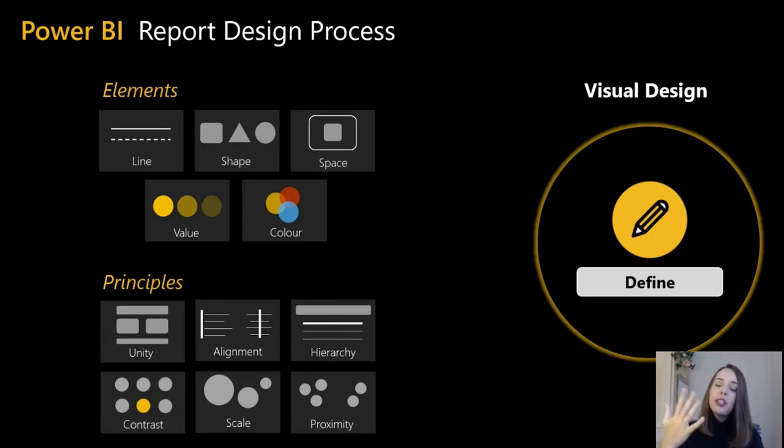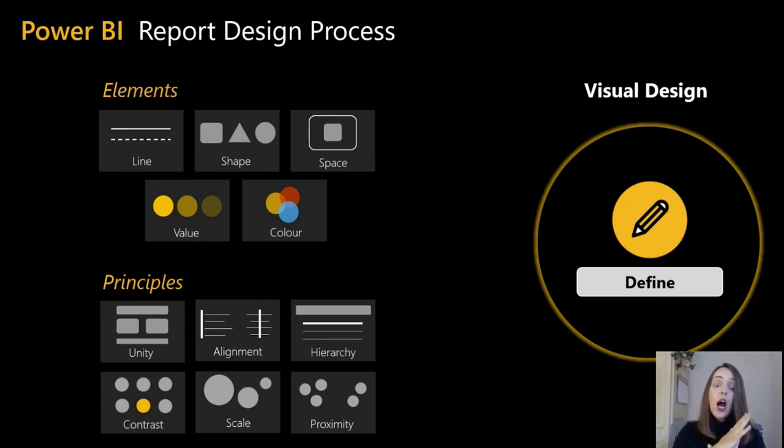I do this, for example, a lot with layouts and visual design. A lot of things that you need to consider for visual design, you need to consider for layout too, and vice versa. So visual design aims to improve the aesthetics and usability of your reports with the use of suitable images, space, colors, and so on. Here are a few examples of the elements and principles that you should consider when you get to the visual design step.